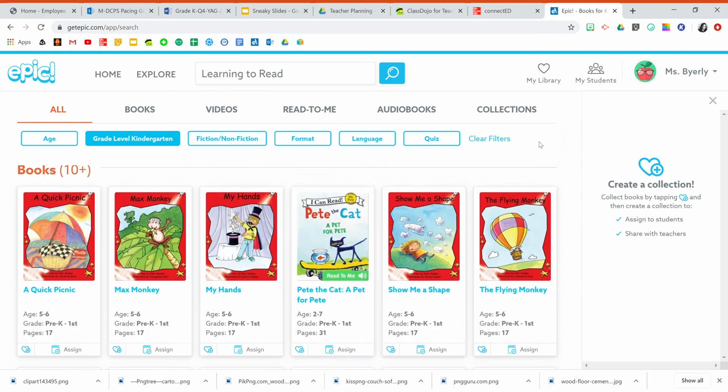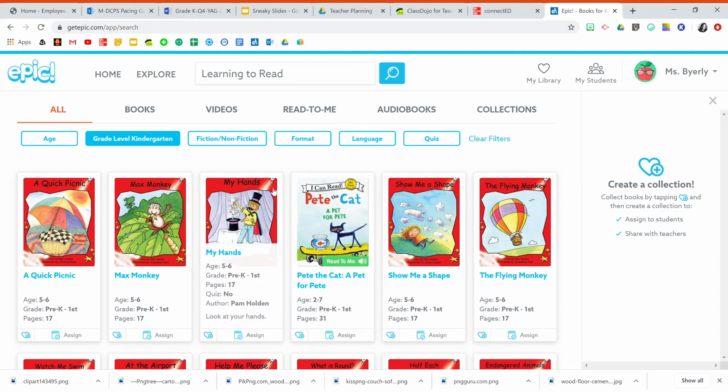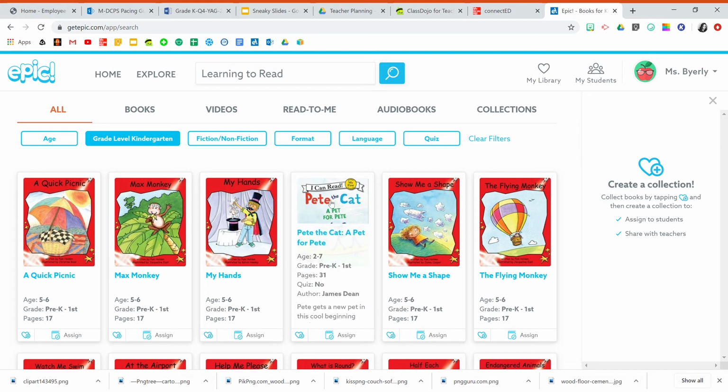What this means is that these books right here are really awesome for our kinder kids to read all by themselves, cover to cover. That's the thing about Epic Reading that I told you guys from the beginning: it's super cool for you to pick a book that might be too advanced or above level, and if it has the read to me feature, like this Pete the Cat book here, that's fine. There's nothing wrong with that, but we kind of want to try to keep a balance, right? Instead of only having books read to us,